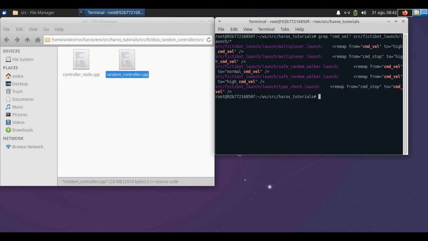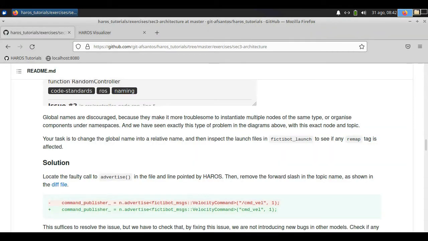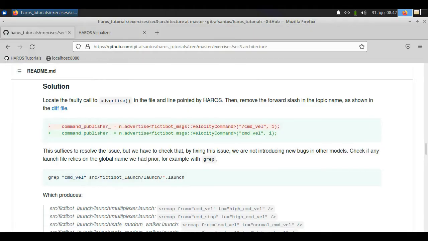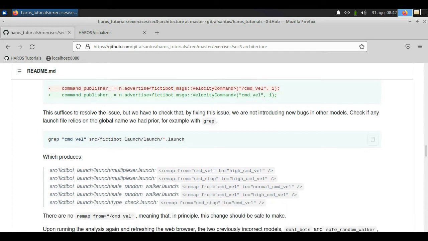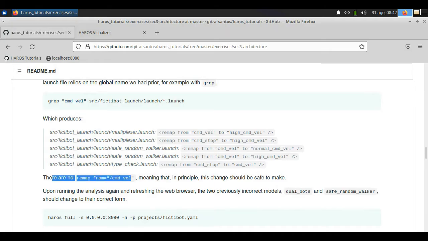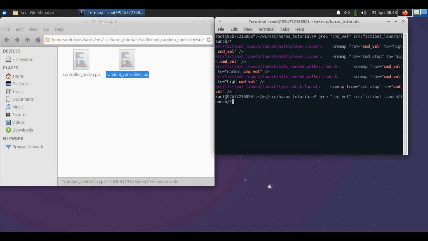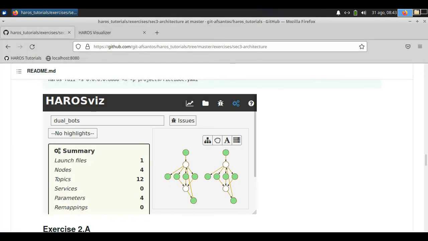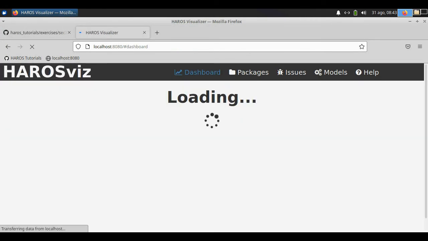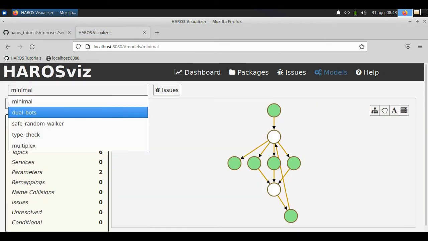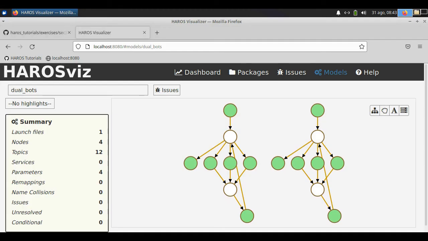Just scrolling over the suggested solution steps, we can confirm that indeed this is what we have just done. The only thing that's missing is to run the analysis again and confirm that the models have changed. Alright, it's looking better now.